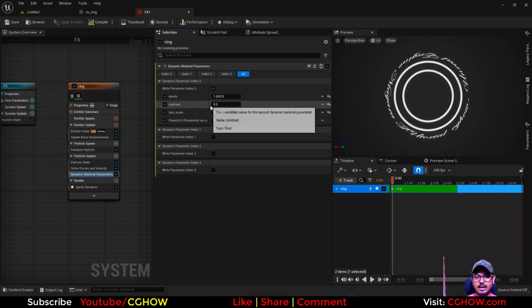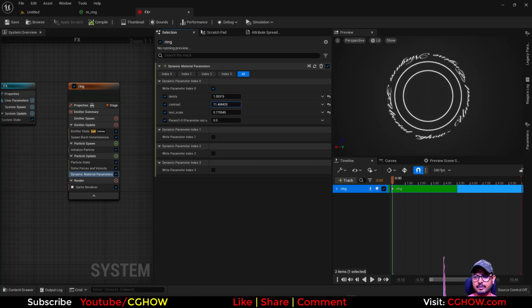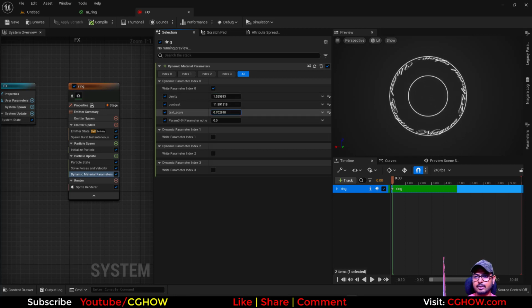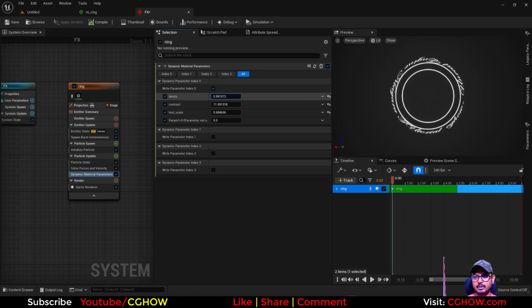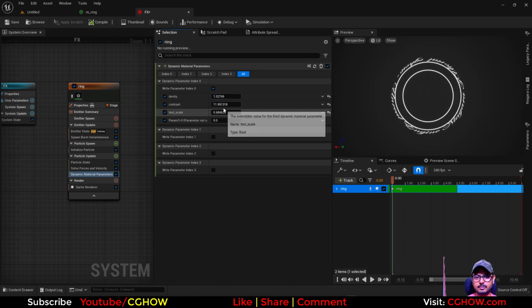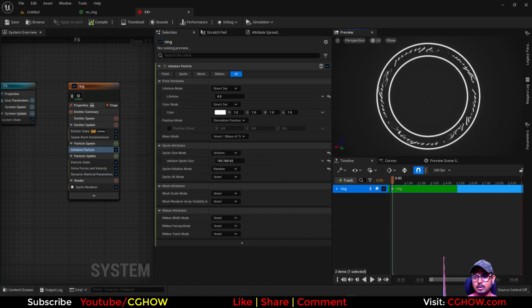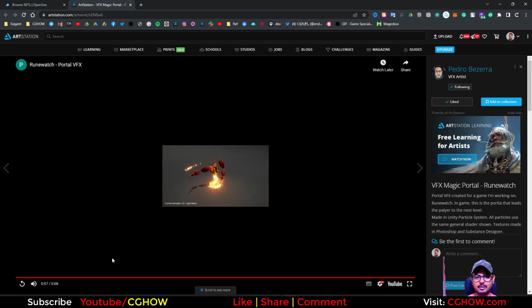Okay, and then we have contrast to make it thinner. So let's say I make it this much, then I decrease the size of the text, and then density should be like actually this much. Text will fit, and we can increase the size from here. So we have almost the same thing now,